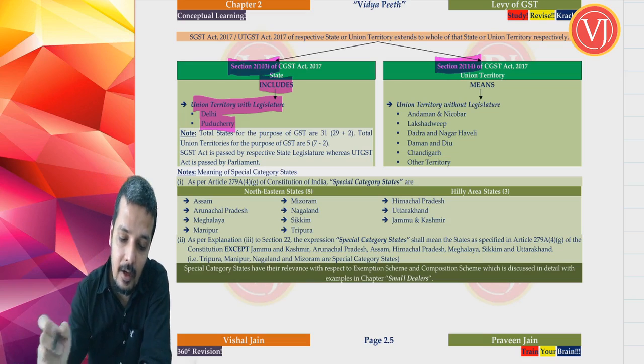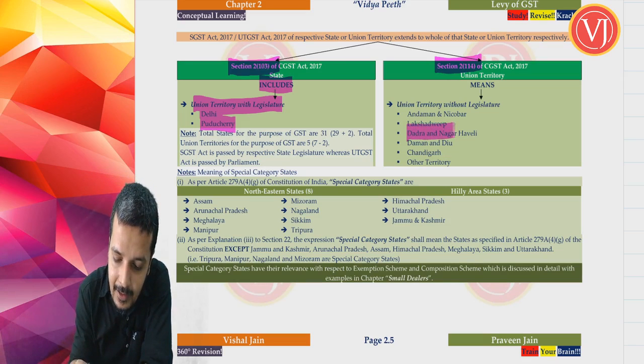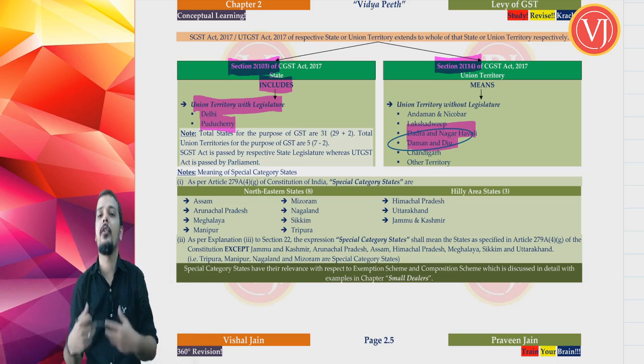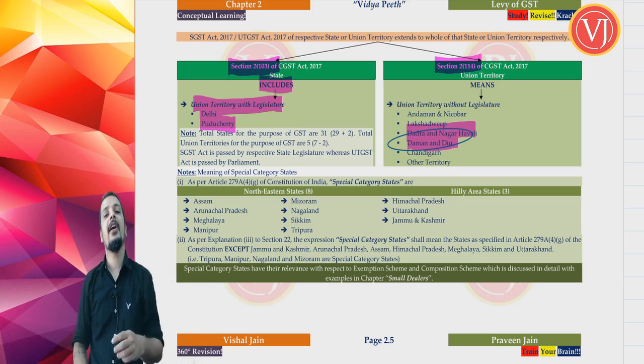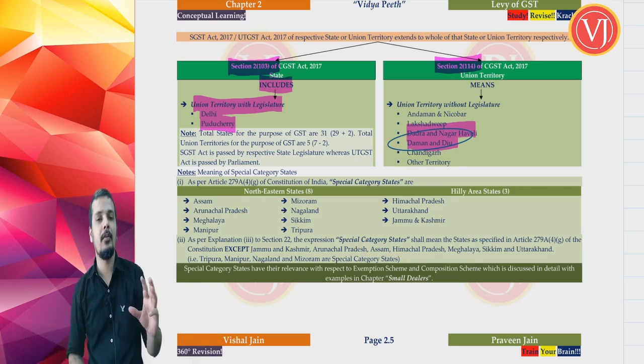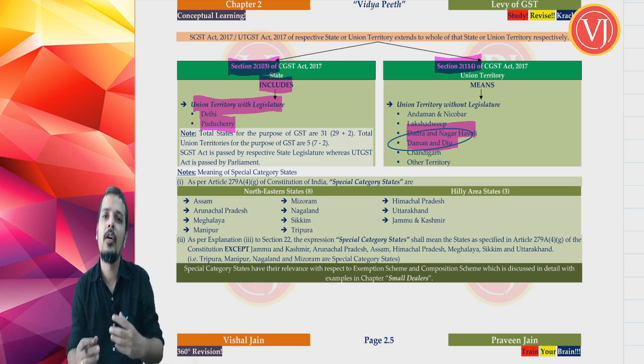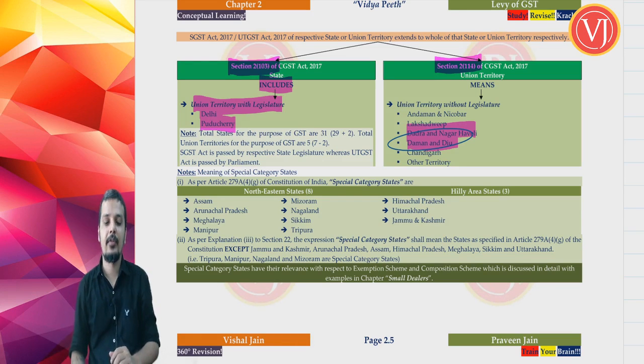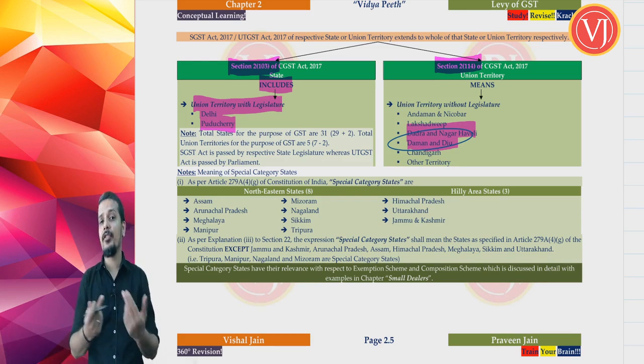That's one more point. In today's scenario, Dadra and Nagar Haveli and Daman and Diu are one and the same union territory. They are actually merged. But still, we'll be discussing them separately because it is yet to be notified. Finally, if ICAI gives a clarification that now you have to read Jammu and Kashmir separately in the form of two categories, and you have to merge Dadra and Nagar Haveli and Daman and Diu, I'll be clarifying with a small update, telling you that ICAI has clarified and it is applicable for your November 2020 exams. So we are not bringing that confusion now.